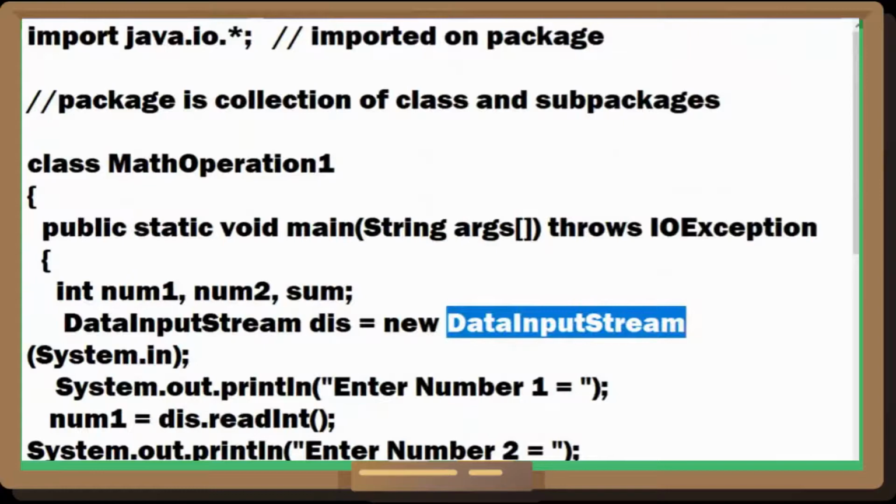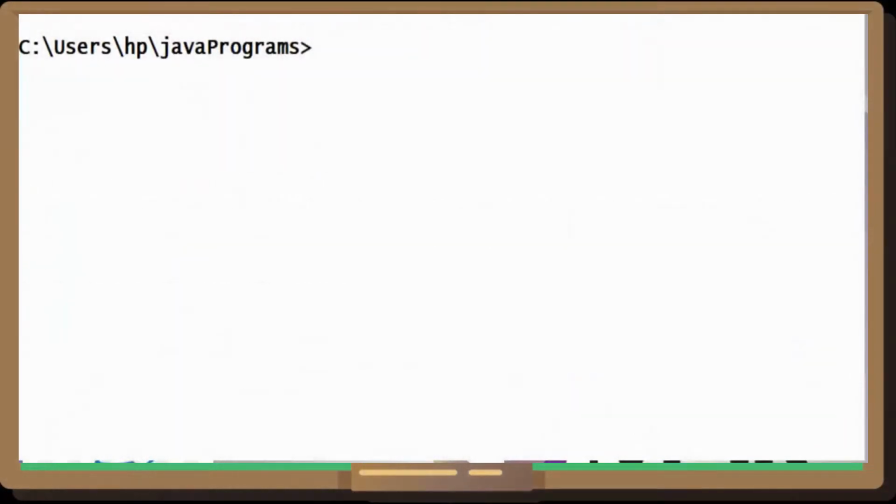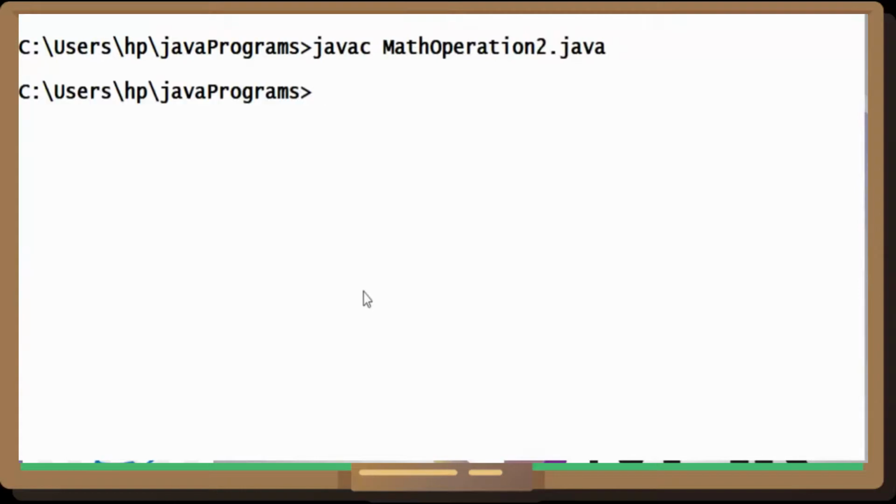Now I'll switch over to my command prompt. Fine, so let's see what output I'm getting. The program I have saved as Java 2. Now see, when I compile this, there is no deprecation warning, and no error.